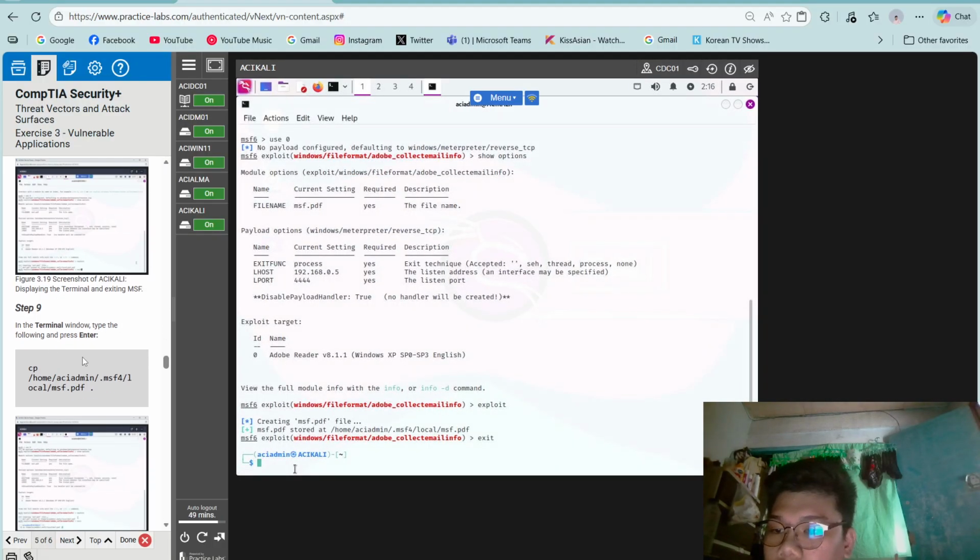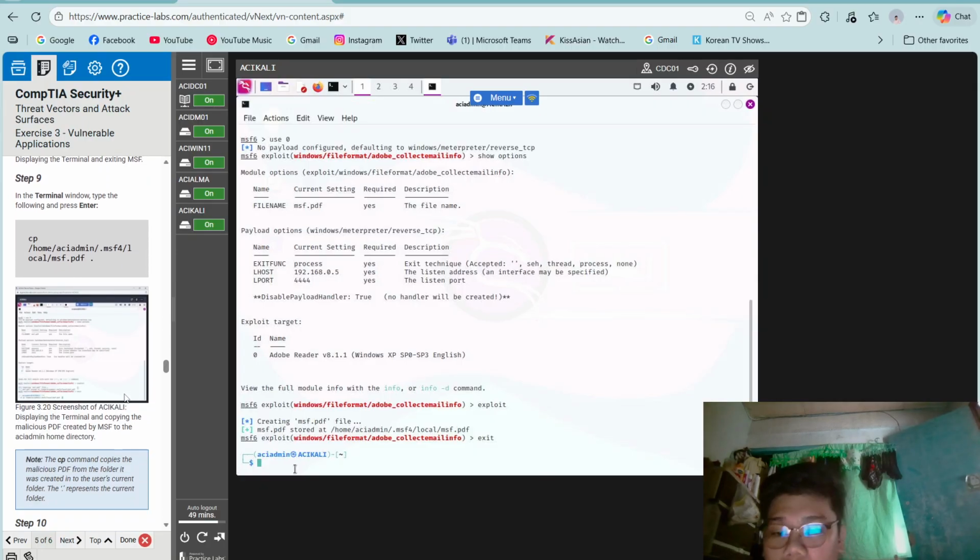Step 9. In the terminal window, type the following and press enter. So cp /home/aci admin/.msf4/local/msf.pdf, followed by a dot.